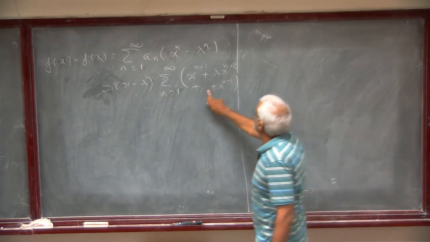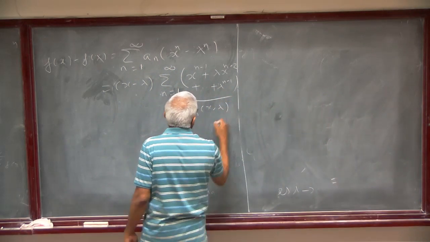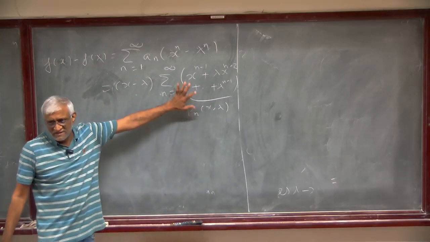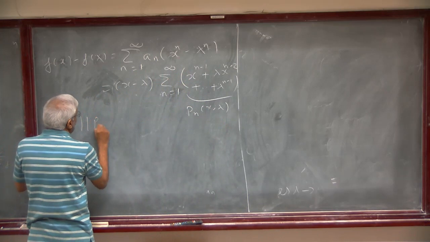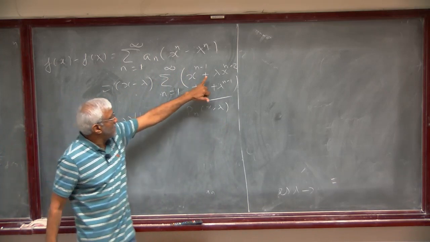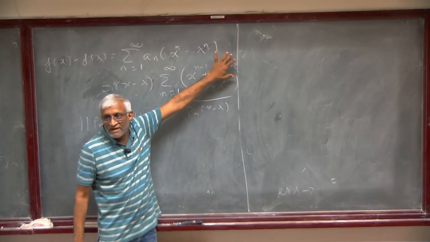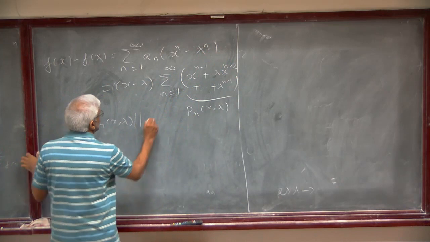So now this is something you call P_n(x, lambda). This is an operator, of course. This is a finite sum. So this is an operator, a finite sum. And the norm of P_n(x, lambda). You have a lambda and x, the total power is n. Okay, total power is n. So this is less than or equal to,